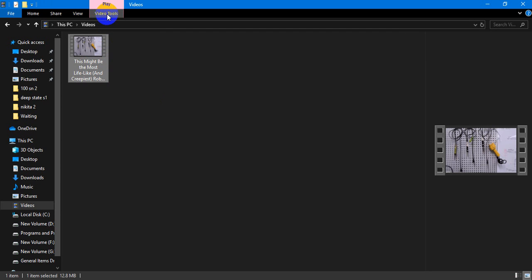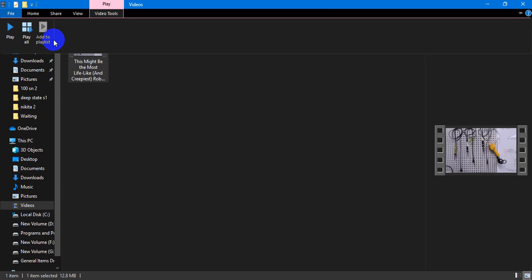Now if we select Video Tools here, you can see the same thing happens, but in this one there is no Add to playlist. It is deactivated, meaning it cannot work in this condition. Play all, if we had a number of video files, would play the videos randomly. Maybe it would start with the first one and then go to the 10th and then go to the second and then go to the third or something like that, but it would not play them in a certain order. But when you select Play,